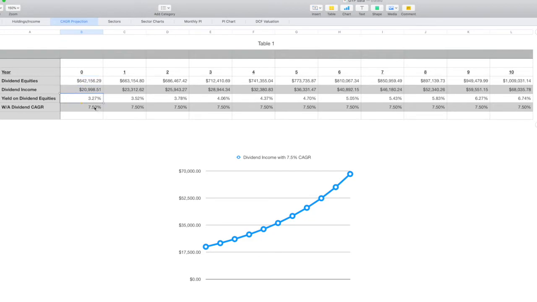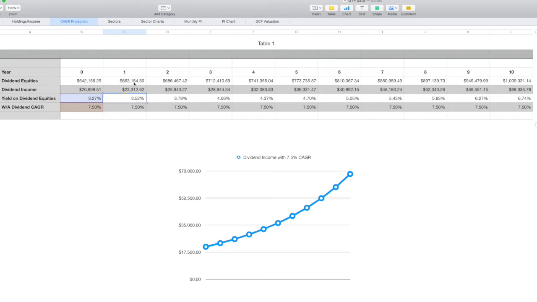So what I mapped out here is if you take that 7.5% and apply it to 3.27%, based on the projected dividend increases from what my dividend paying stocks have done over the last 3 years, my overall yield on equities is projected to increase from 3.27% up to 3.52% next year. So let's assume, all I assumed here was I took my dividend equities and I reinvested all of my dividends. Then I would be holding $663,000 in those equities next year.